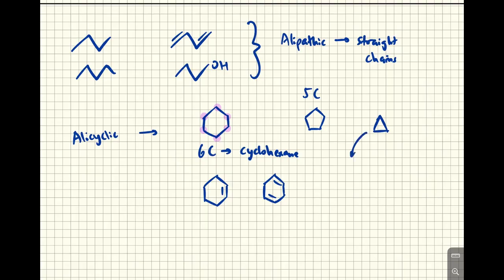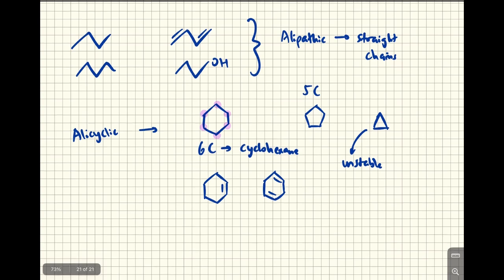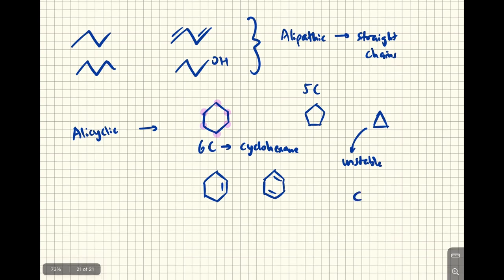And this is very unstable because you can see that generally in a carbon with 4 bonds, if you draw its full structure based on VSEPR theory,